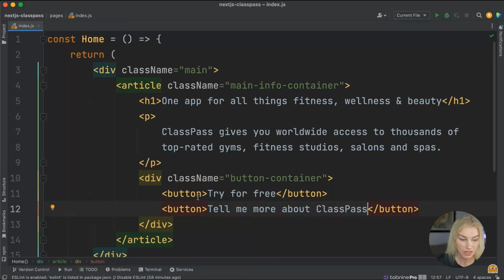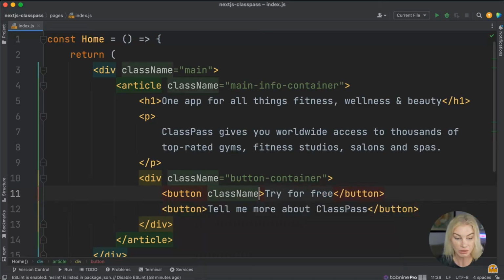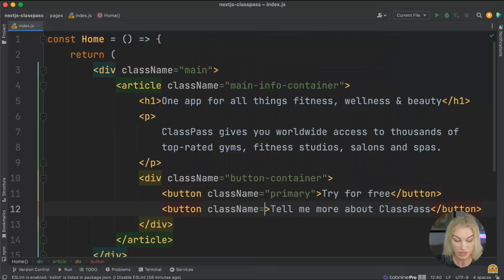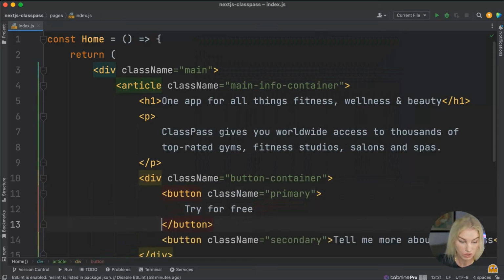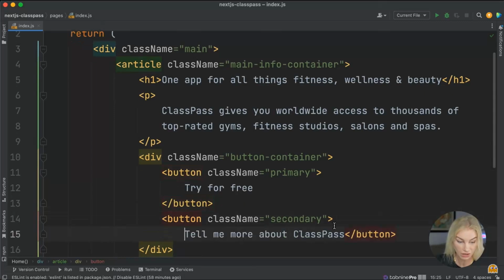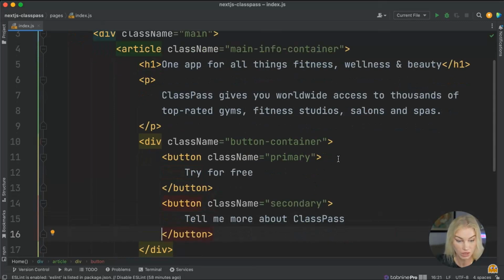Okay. And we're going to give this the styling of a primary button. So this is going to be kind of a global styling that I'm going to apply. Primary. And this is going to be secondary. So class name secondary for the button. Another thing I'm going to do, so maybe let's also just space these out a little bit so it's a little bit more readable, is give this one an